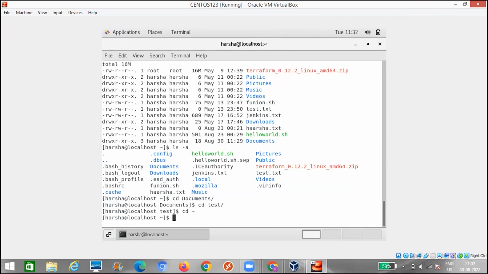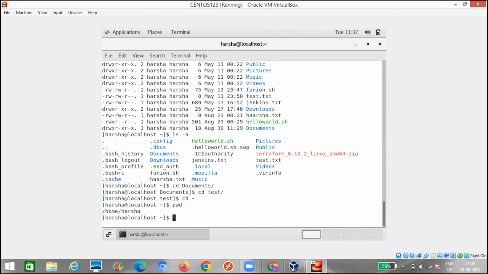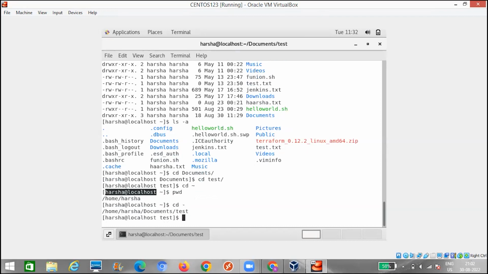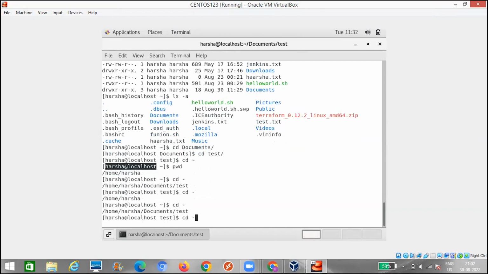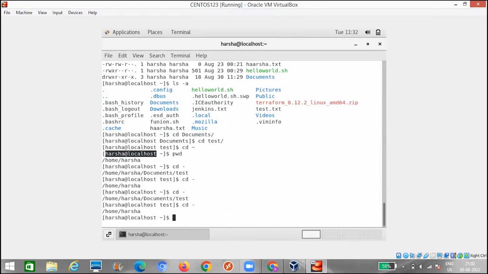If you do cd tilde, you will move to the home directory of my current user. If I do cd hyphen, I will be swapping across two different folders which I was in previously. Hope it is clear for you people till now. Do you have any questions?